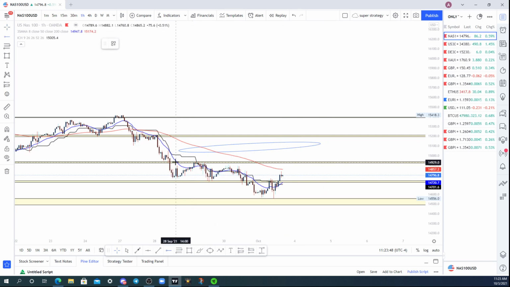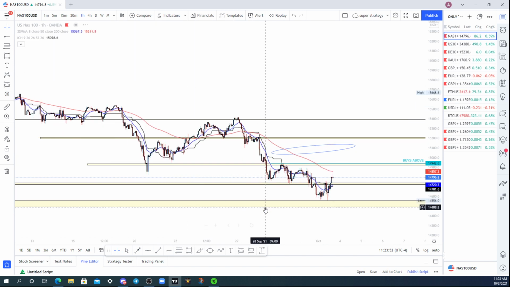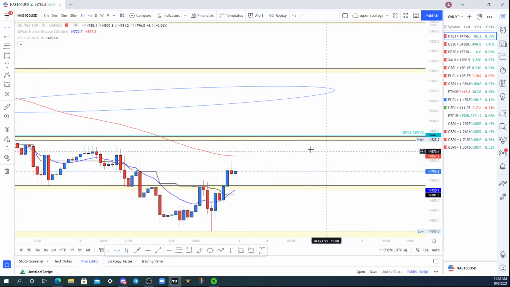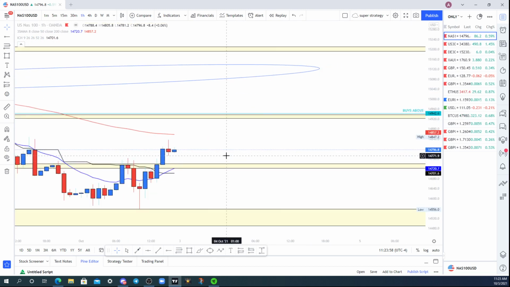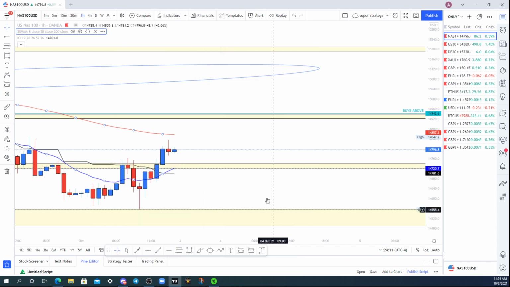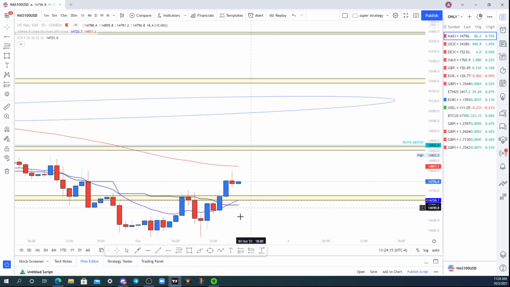I see buys above here. Buys above right here. I also see maybe some sells, once we start breaking this 8 SMA here. So you know what I do when I need to get alerted that the SMAs are going to break? I go right here, I right click this SMA and I put add alert on this SMA on this time frame. Right? So now I know when this SMA starts to get touched. So now I have an alert on this SMA.